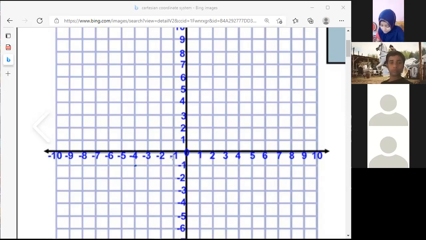Minus 1 of the x and -4 of the y. The point is here, Barira. Can you see? See, I made a pink circle because -1 of the x. This is my x, no? And this minus is my y. -1 is on the x-axis. Can you see the point?